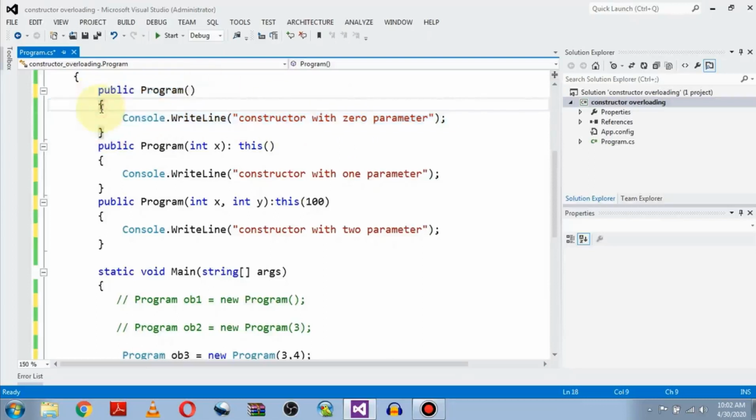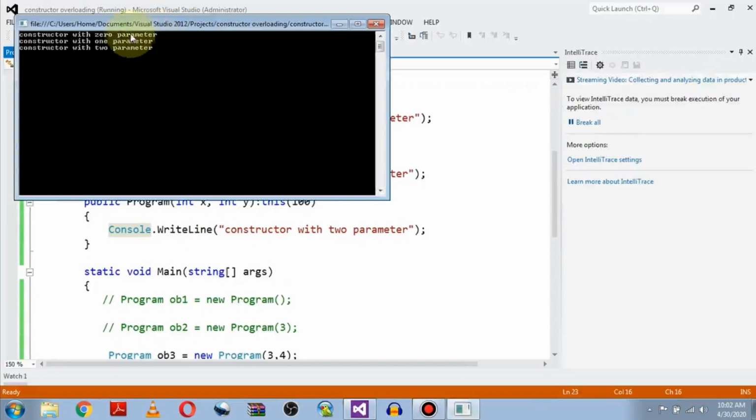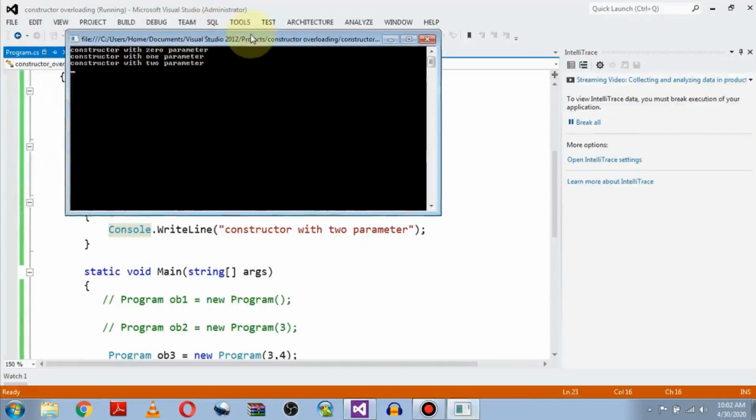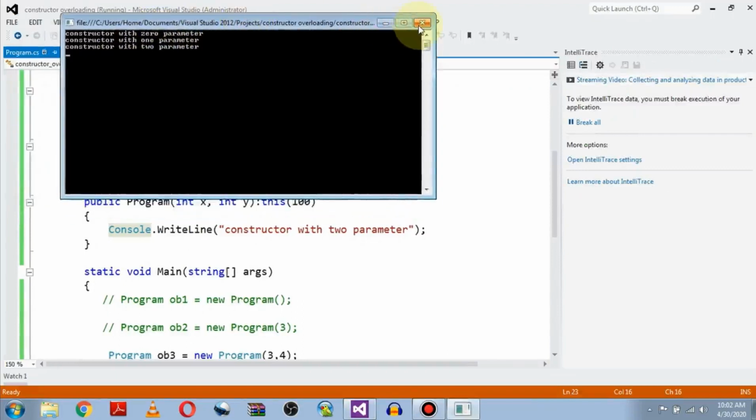After this it will come to the function where it comes. So this function will be called. After this the control goes to the function where it comes. So this function will be called. So if you can see, let's start. 0 argument, 0 parameter, then 1 parameter, and the 2 parameter message was printed.